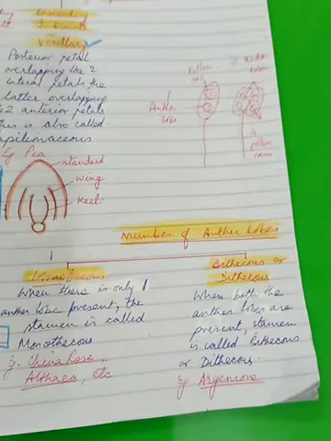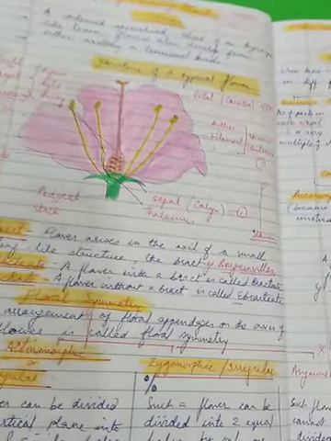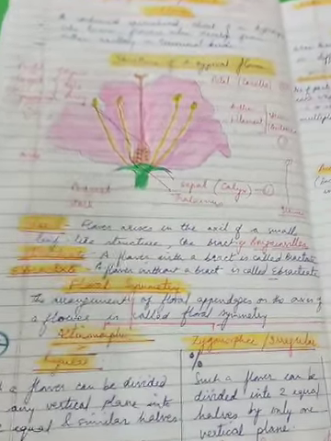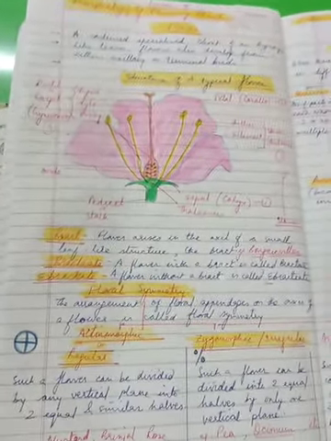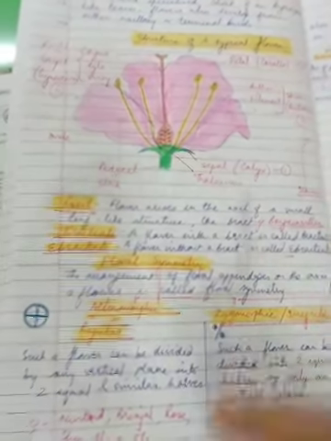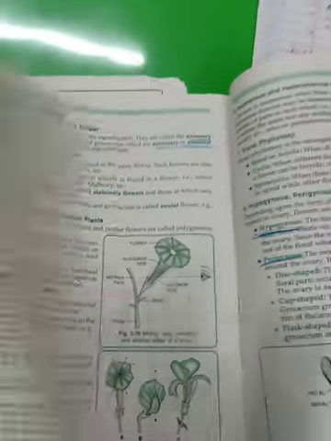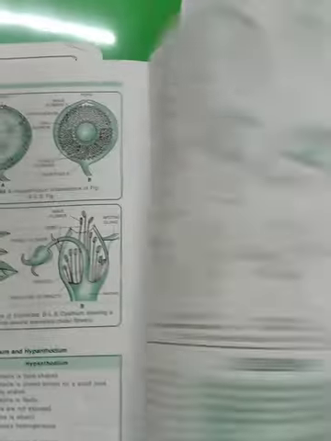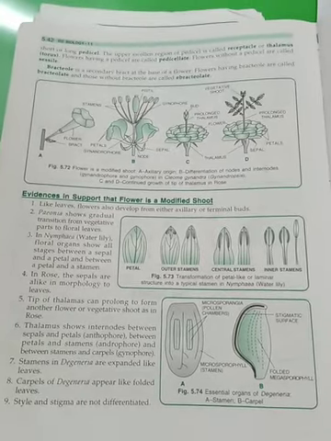So that's all for today, children. 4 pages I am sending, and this is almost half of the topic. The other half I'll be posting by tomorrow. Very, very simple topic on flower, children, and mostly it is revisionary and restrict exactly to the syllabus. That's why I'm making notes, because if I show you the same from the textbook, it's really elaborate. So in your textbook, it begins from over here, page number 5.41, right? I'm making it as per your syllabus, children, just giving you exactly the way.